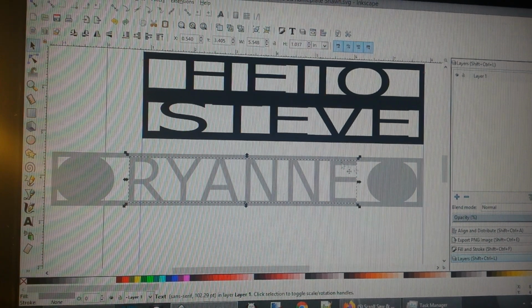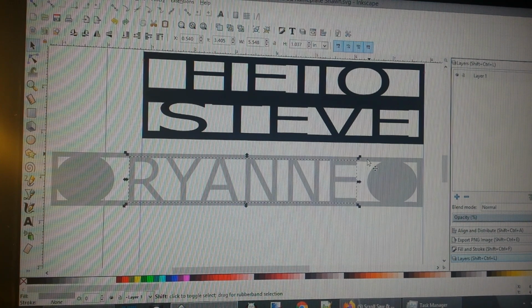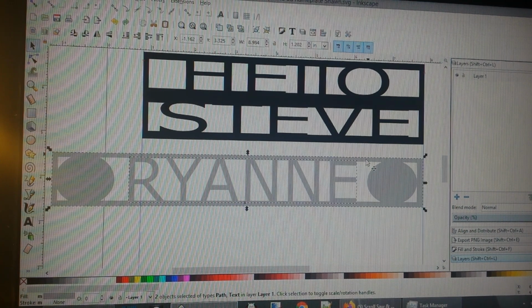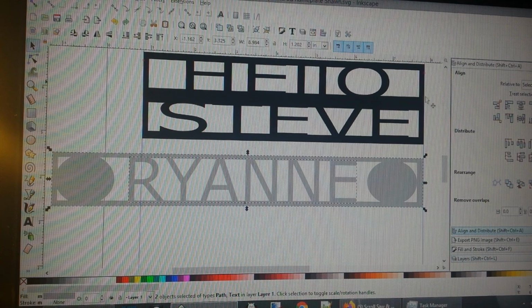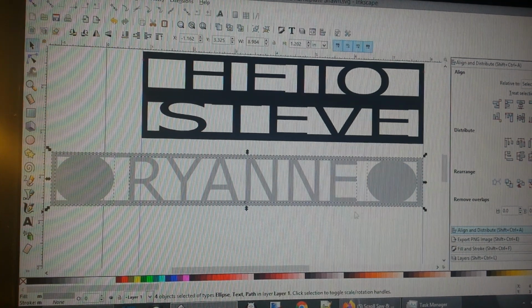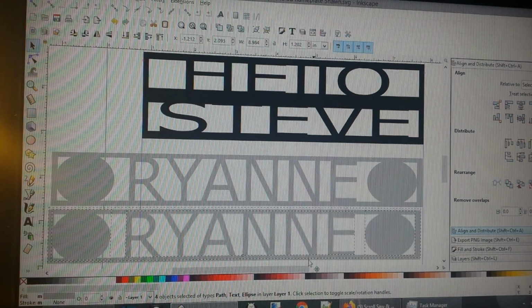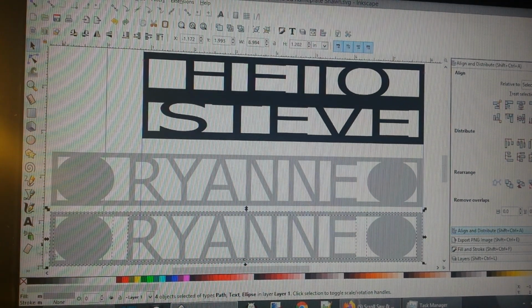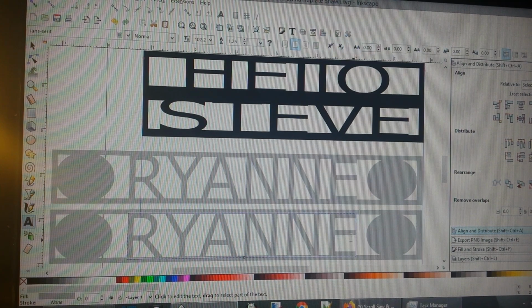And in order to center this, you can hold down Shift, select the rectangle part, and go to your Align. Make sure this is on selected area. Hopefully you can see what I'm pointing at. And then select center. It will adjust just these two together. And now they're centered. And that's it. You're ready to go. You can now take this, duplicate it, bring it down, go to your text tool, and